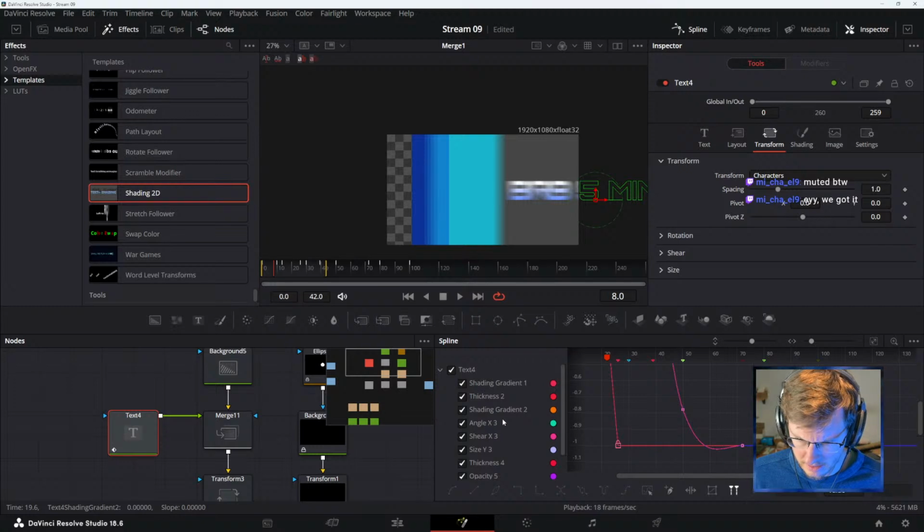I think it's this. There's tons of stuff animated here. I think it's this. Shadow shading.